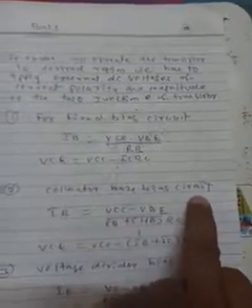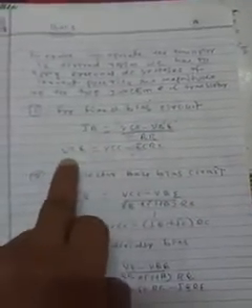So there are three types of biasing present in our transistors: the fixed bias circuit, the collector base bias circuit and the voltage divider bias circuit. There are three types of biasing. So fixed bias is the first one, the collector base bias circuit is the second one, and voltage divider bias is the third one. So these are some of the equations given for a fixed bias. IB is equal to VCC minus VBE by RB, and VCE is given by VCC minus IC RC.